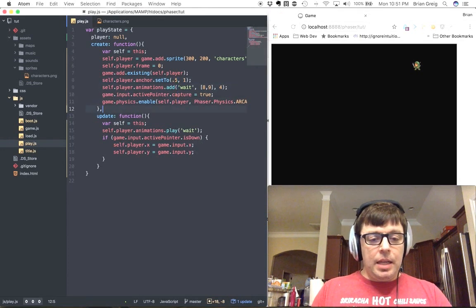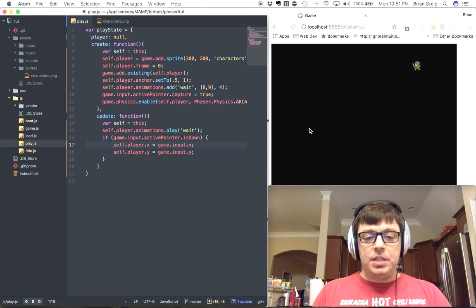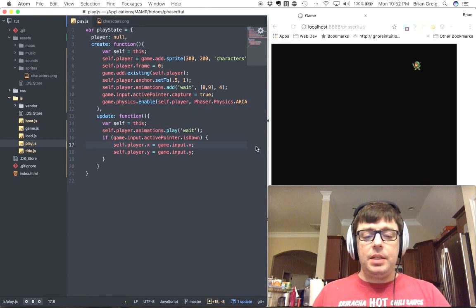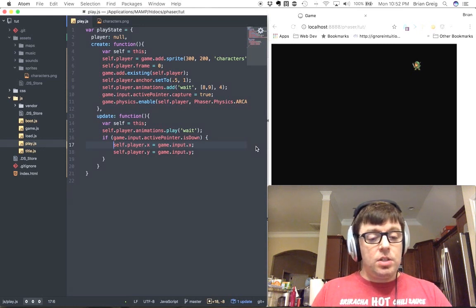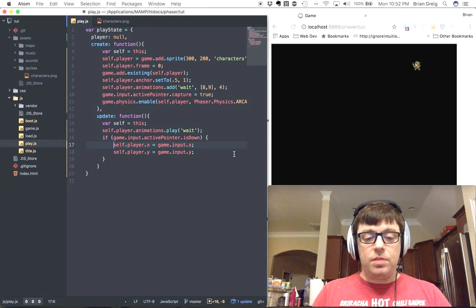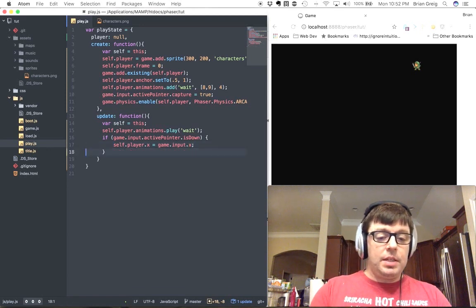And then last but not least, so that's one way of handling input. Another way of handling input would be to change the velocity of our character. So since we added in the physics engine, we actually have the ability to change our player's velocity in addition to changing their X and Y coordinates. So let's just say, for instance, we wanted to have a character that was going to move left or right on the screen depending on where we clicked. One thing that we could do is we could say